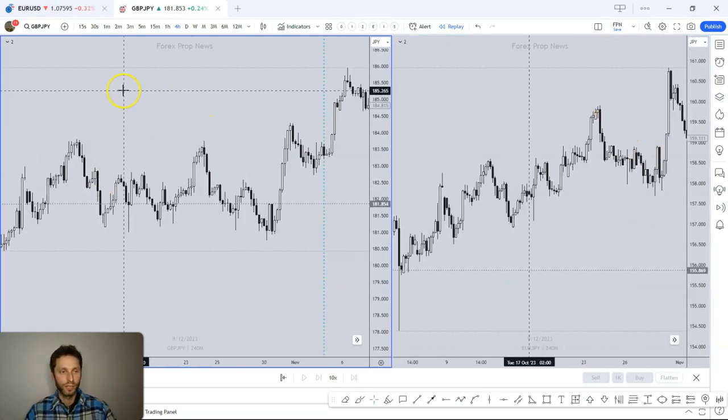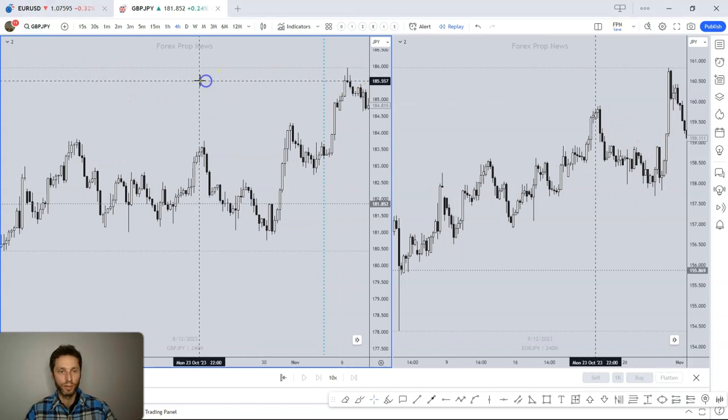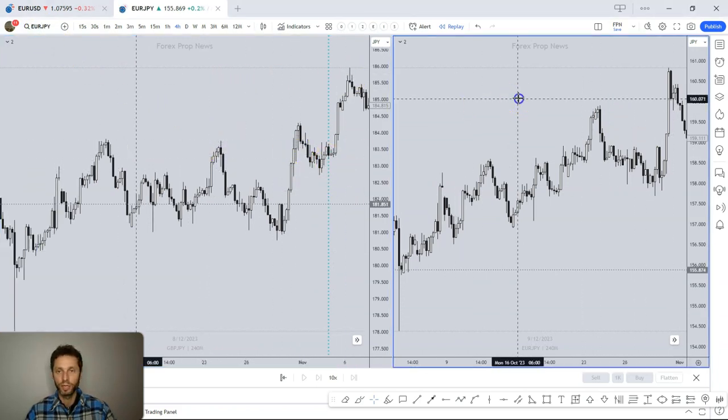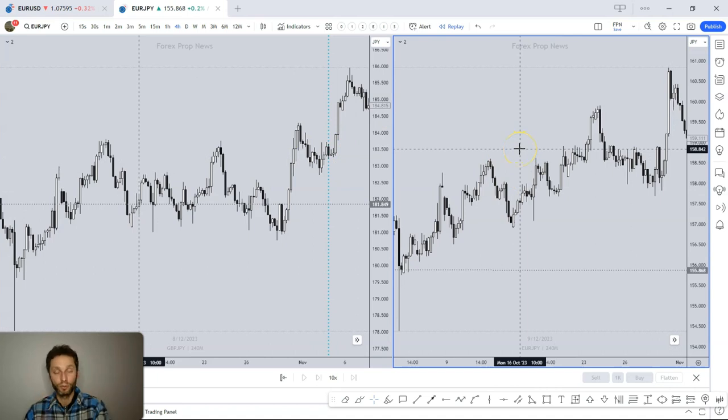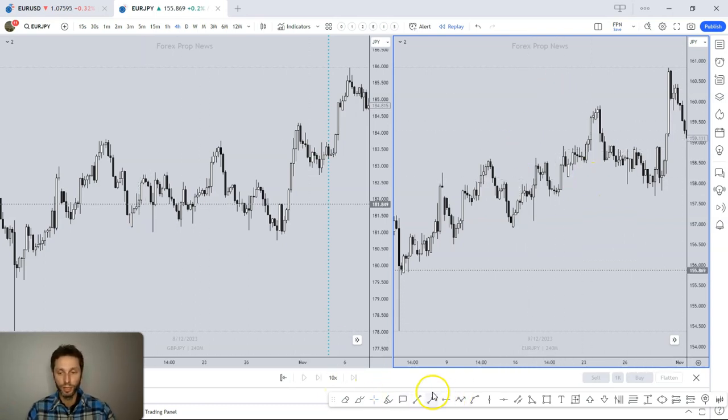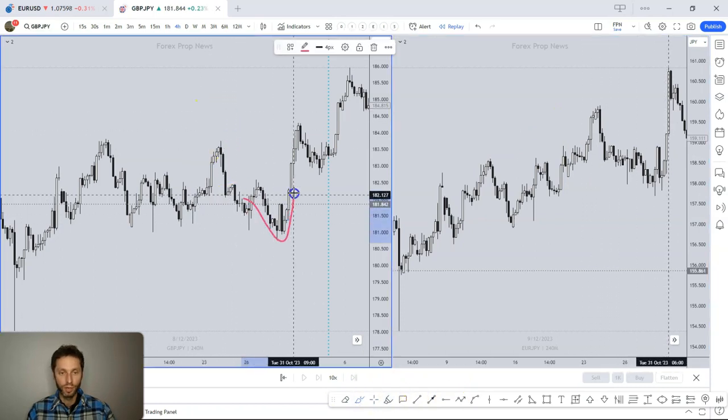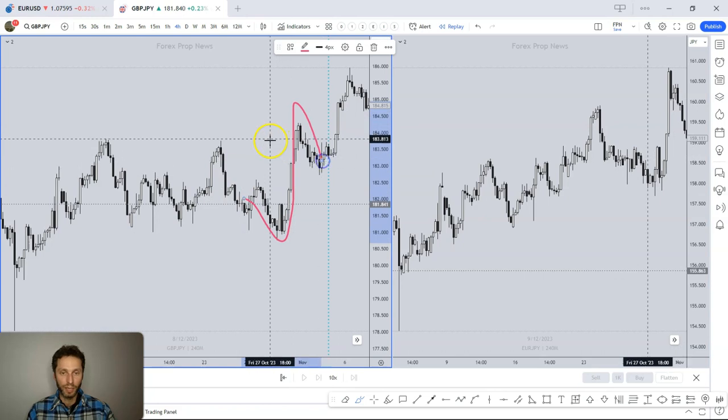Here we have the example of pound yen on the left side, which is what we're looking to trade, and we've got euro yen on the right side. So pound yen, pound dollar matches with euro dollar, so pound yen will be matching with euro yen in terms of correlation. So again, let's say, for example, we had this low, we went higher, we came back down, and